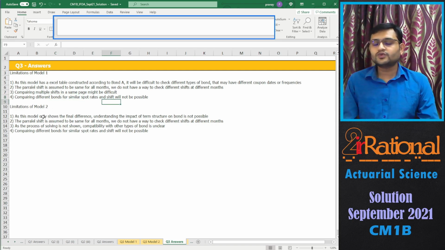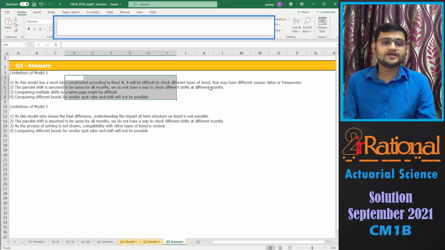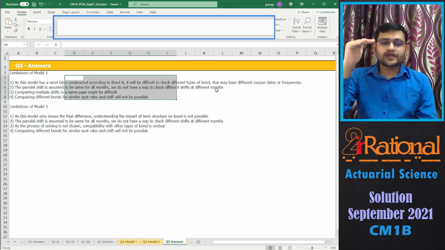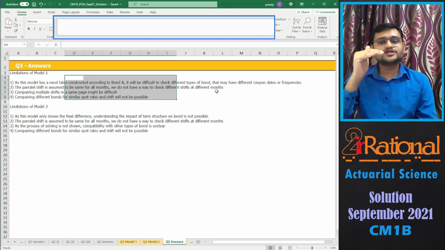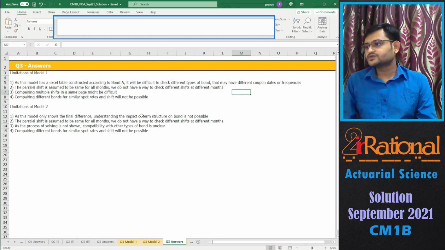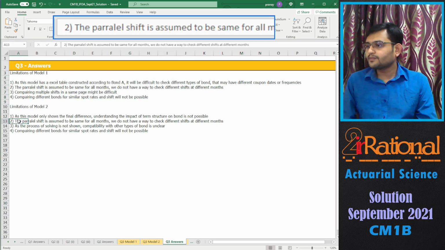Limitation of model 2, because in model 2 we just have our final value, we don't even know what kind of calculation is done. As this model only shows the final difference, understanding the impact of term structure on the bond is not possible. Here we could see exactly for each of these spot rates how much is the change in the present values. Okay. The parallel shift